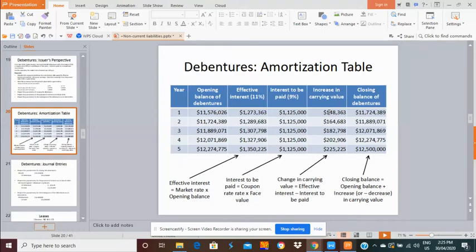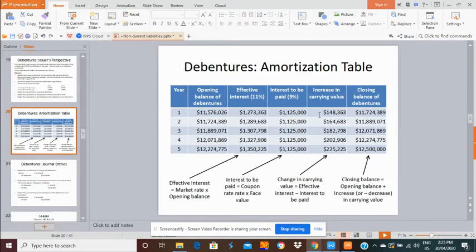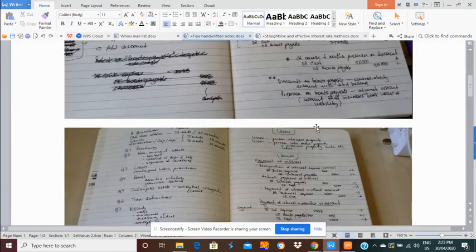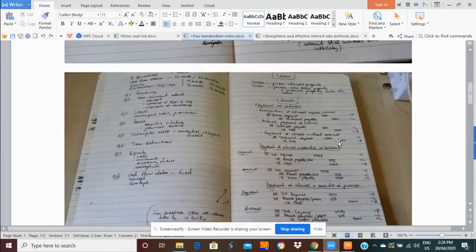One last point. So here we use the interest rate method. There is also another method called straight line interest rate method. You can see here, the carrying value is not different figures here. So in other words, when you reallocate the total value of the discount into the expenses, it doesn't